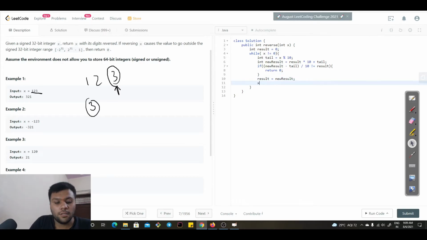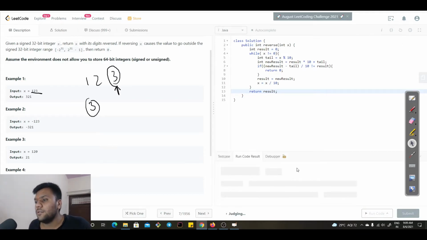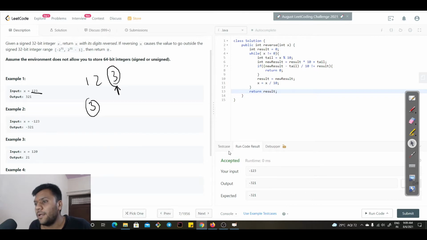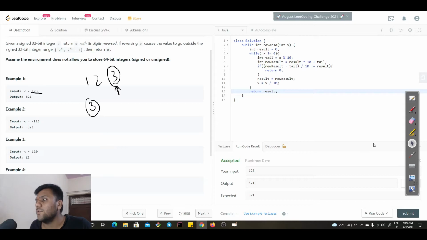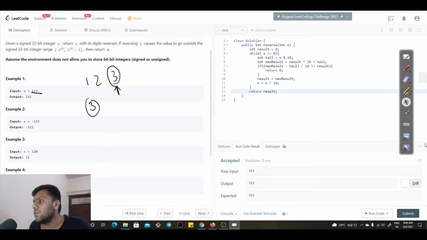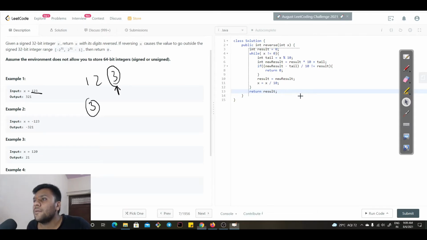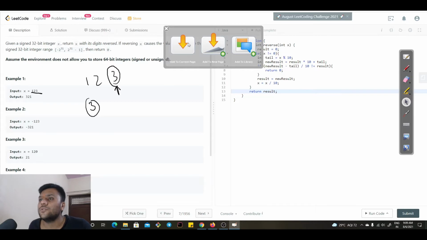Because we got the 3 but 1 2 is left, we have to get 1 2 as well. So how we're going to do that is by doing this, and we will return the result. Let me hit run first so that we can see it doing it. Minus 1 2 3, and if we go for 1 2 3, yeah, I guess we are doing great. Let me put it in for the dry run. Take this snippet and I will show you the dry run.